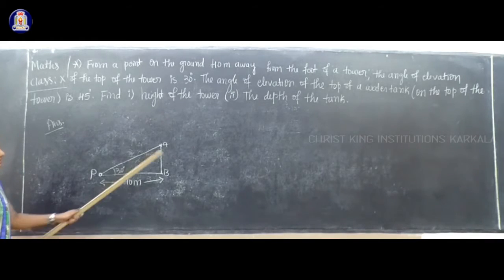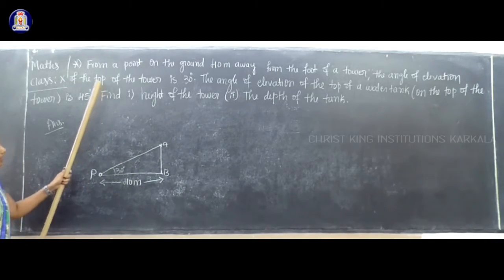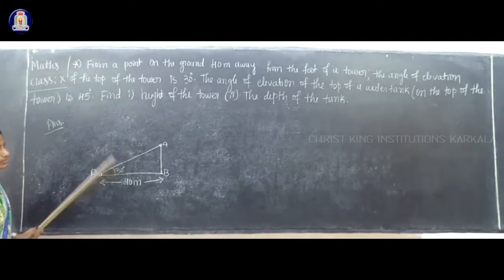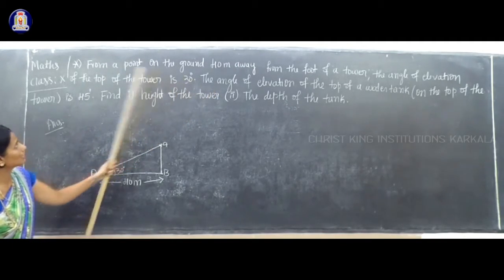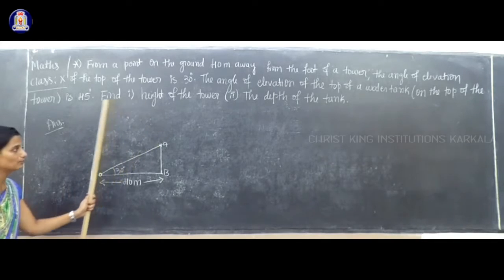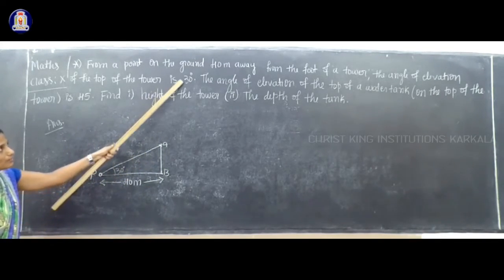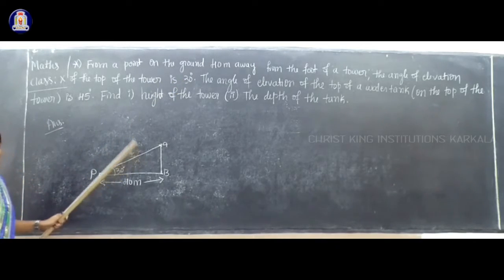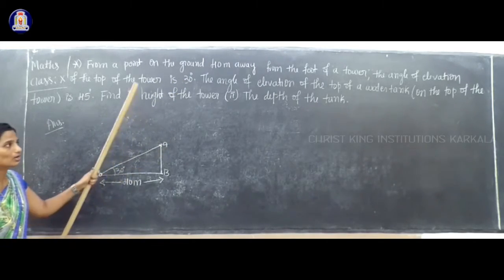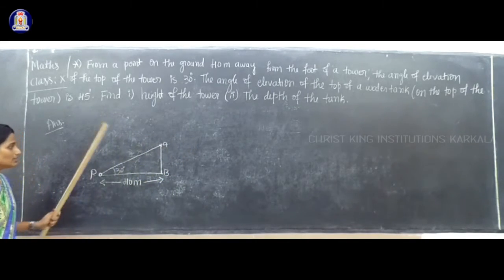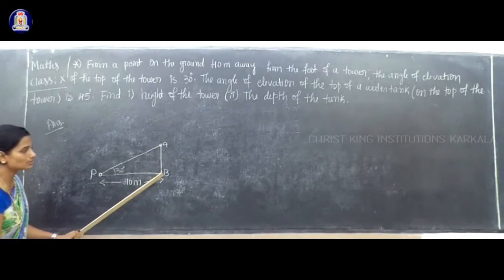How to find out? This is not the complete figure. I am now explaining only for this 30 degree. If I draw that 45 degree also, you will get confused with those two triangles. That's why I am splitting it. First I am finding for 30 degree, then it will be clear. That's why I told you don't write this. This is your explanation part. Okay, don't write. So now here, can you find out what is AB?